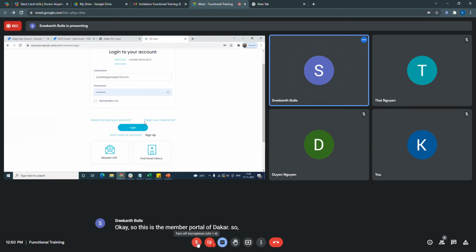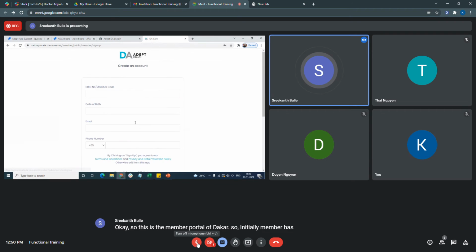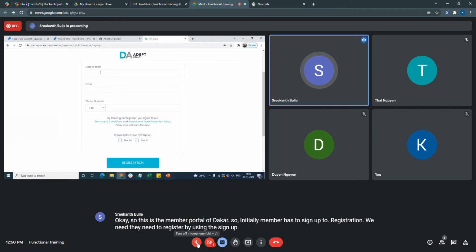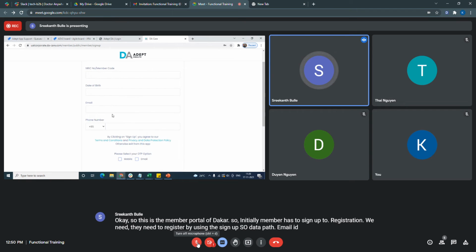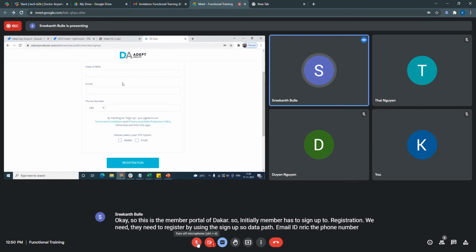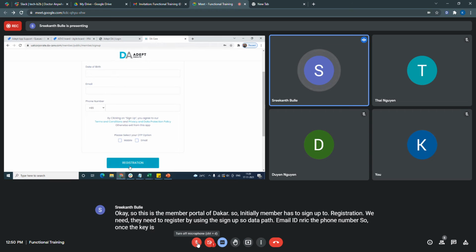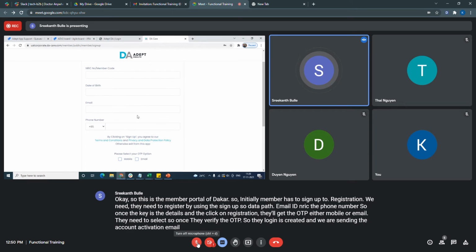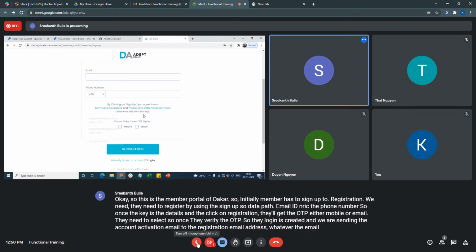Initially the member has to register using sign up: date of birth, email ID, NRIC, and phone number. Once they key in their details and click on registration, they get an OTP, either by mobile or email, whichever they select. Once they verify the OTP, the login is created, and we send an account activation email to the registration email ID they specified here.